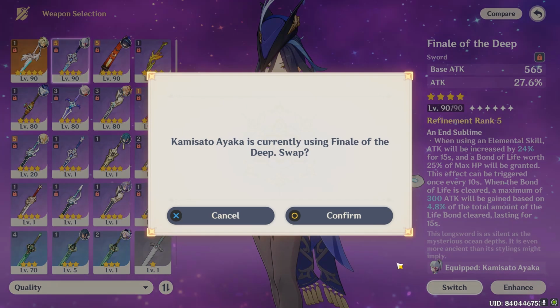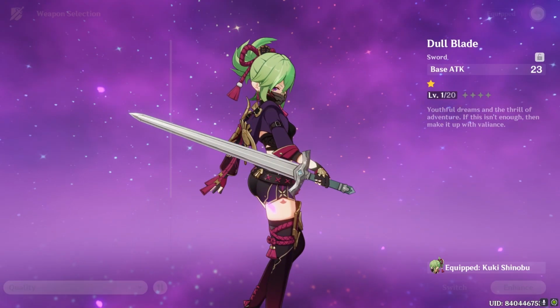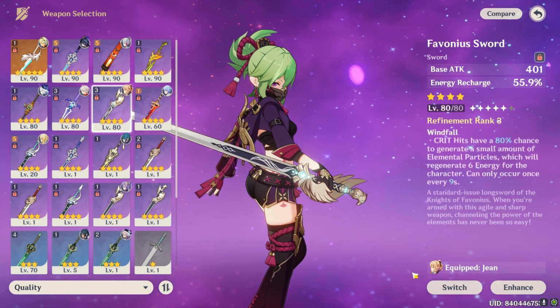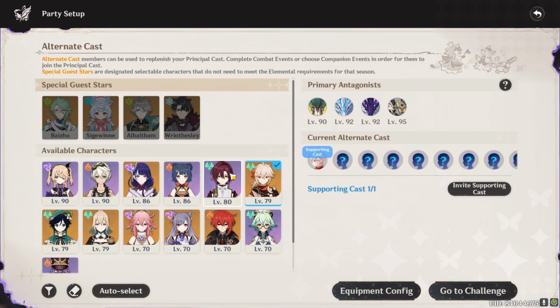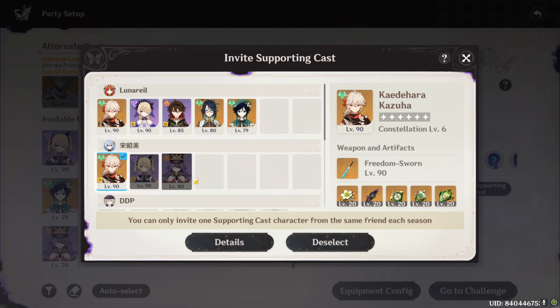You can't use Ayaka, so might as well just give her the Finale or the Deep. That's much better. Cookie, I would much rather her be on a support set, if there even is one to be had. Favonius would be good. And then Farazan, same deal there. So now that we have everyone, wait, what? Invite supporting cast. Yeah, so